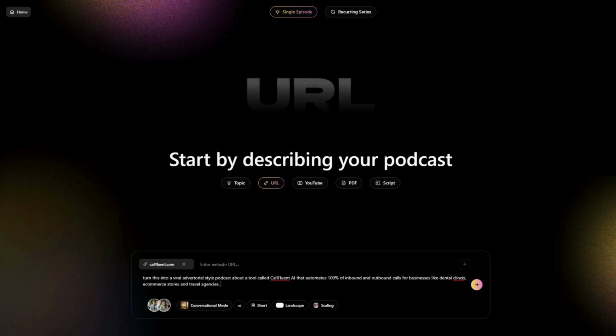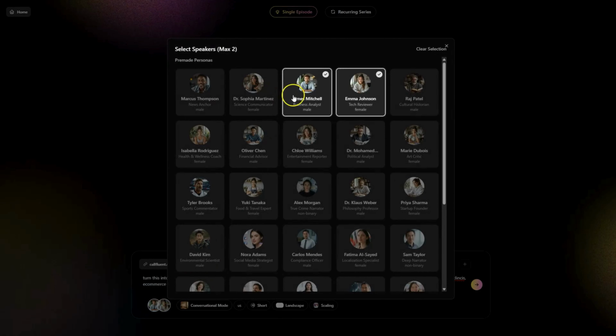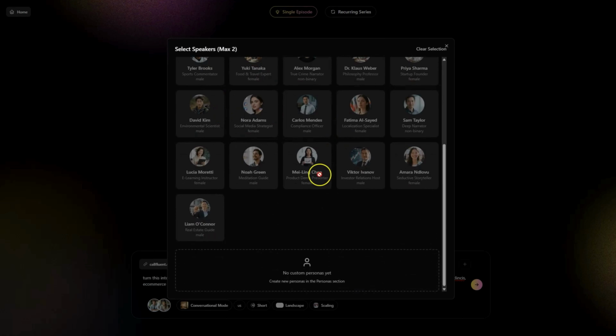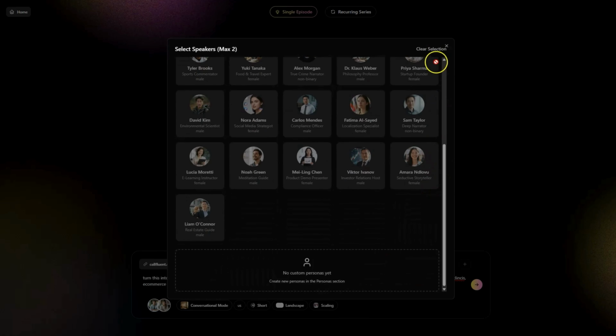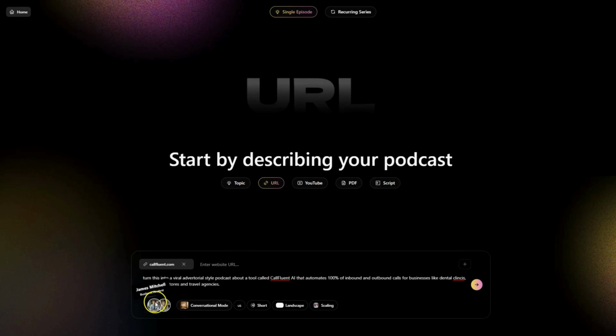MagicPods generative AI turns this page into a natural 2-person conversation ready to record. Now the next step, which is step number 2, all you have to do is just select the speakers. You can select any of the ones that we have over here, or you can even create your own custom personas. For this example, I will go with James and Emma, and I will just allow it to be like this, and then you can even select your